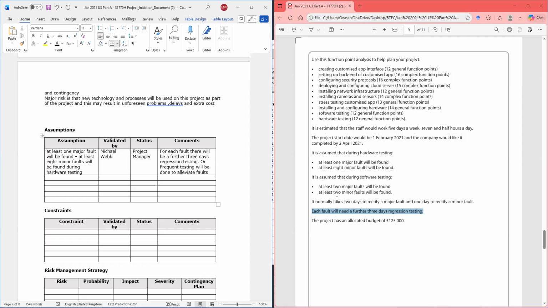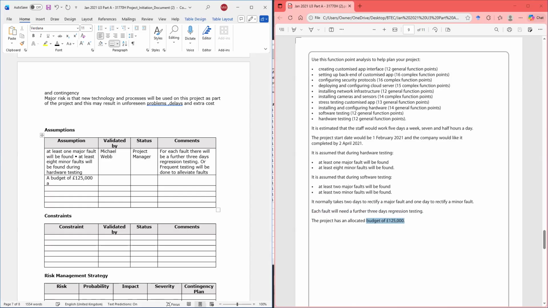Okay, the other thing we could do now is an allocation of a budget of 125,000 pounds. So we have a budget was allocated.